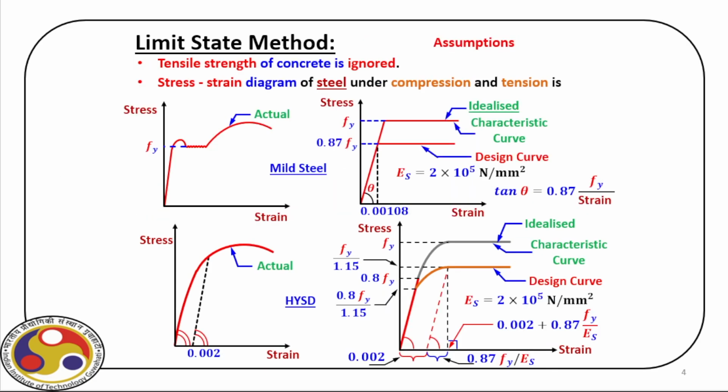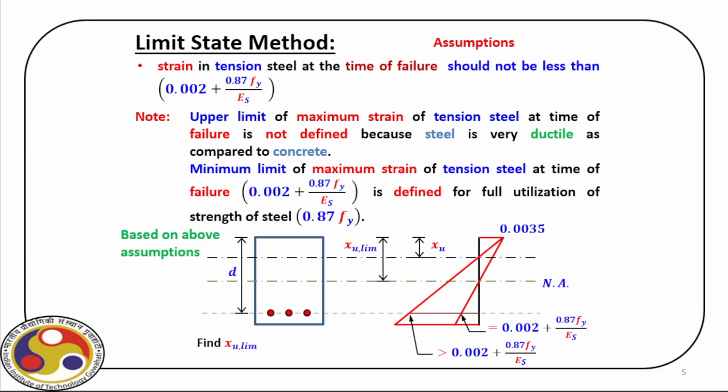Then for steel, again, we develop the design curve. And the point to be noted here is the strain level, as you can see here. So this is the strain level, and the design stress is what we have here, right? And the shape of the curve also, you see, we have yielding at this point, and then beyond that, because the curve is idealized, it is flat. Now with that background, let us directly move over to limit state design.